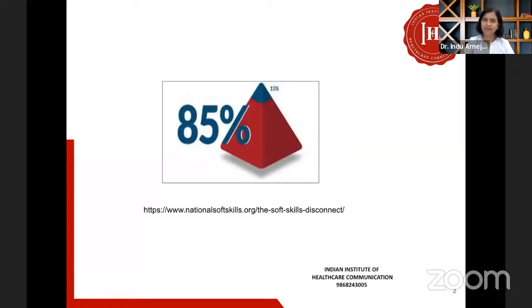I don't think so. Do we really put in as much effort to learn these skills in a systematic manner? Again, I think you will agree with me, not really, because it's just assumed that we all know how to talk, there's nothing to learn, so we can do it. But actually, it requires proper inculcation of these skills right from the beginning. So actually from school time itself, we should bring in these skills among kids, but especially for the professional programs, it's very important that these skills are integrated right from year one.